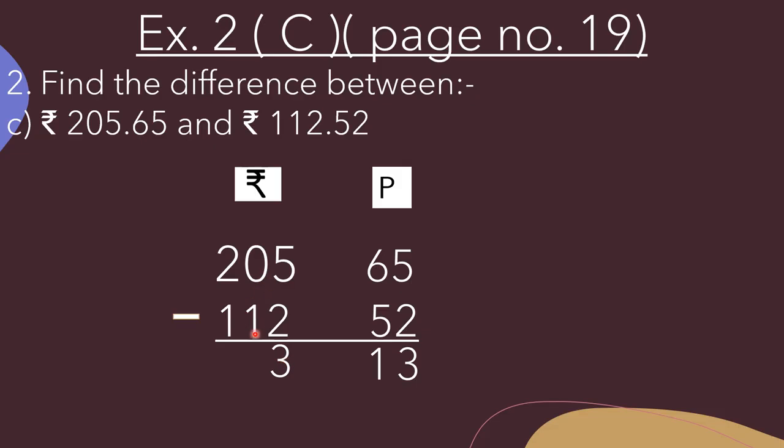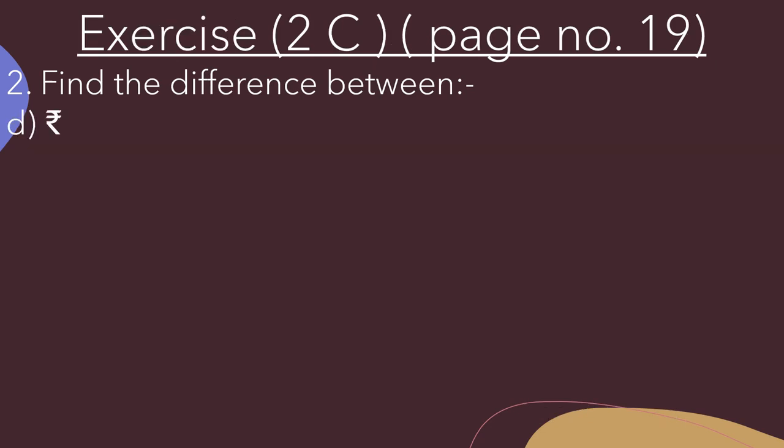0 minus 1, that is not possible. So here this 0 will take borrow and it will become 10. And this 2 will become 1. 10 minus 1, that is equal to 9. And 1 minus 1, that is equal to 0. So what is the answer? That is 93 rupees 13 paise, or we can write like this, rupees 93.13. Okay. Now in D part, it is given rupees